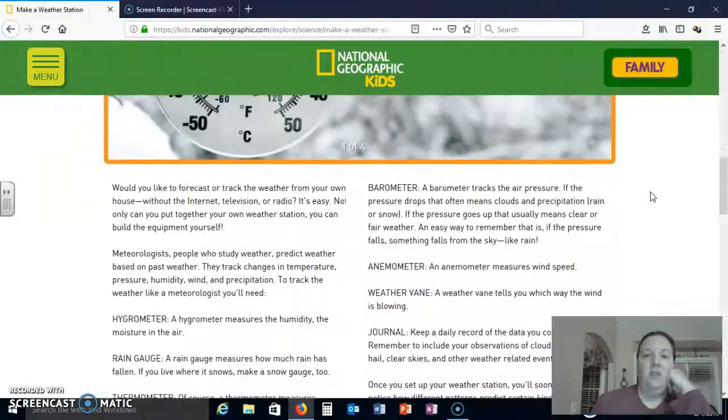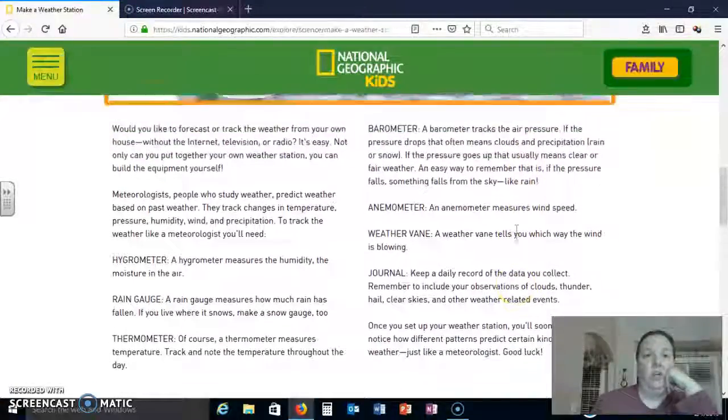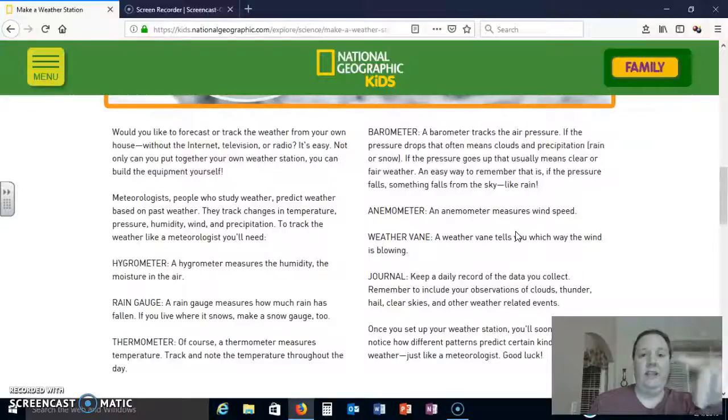So here it is, you can make your own weather stations, and it's telling them how to build equipment themselves. And I know, actually, my son made a rain gauge in the 4th grade. And you can see right here, it tells the kids how to make their own rain gauge. You can do a barometer,